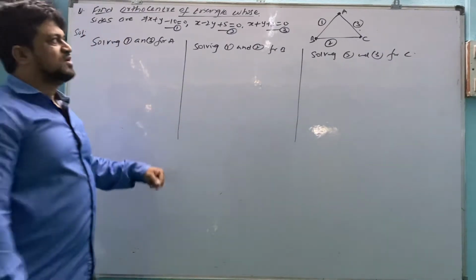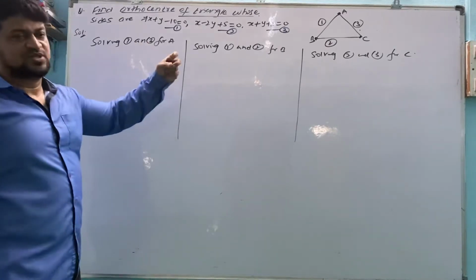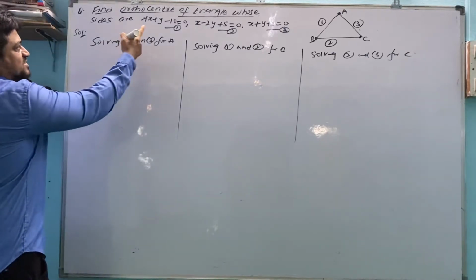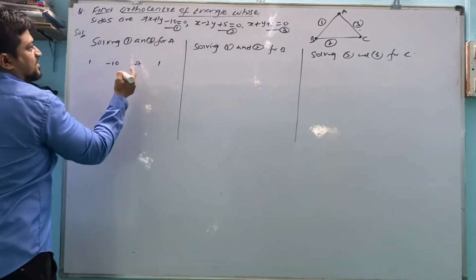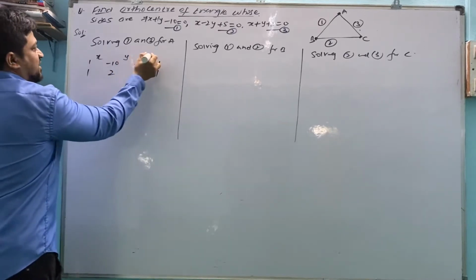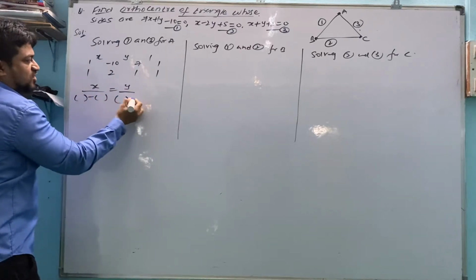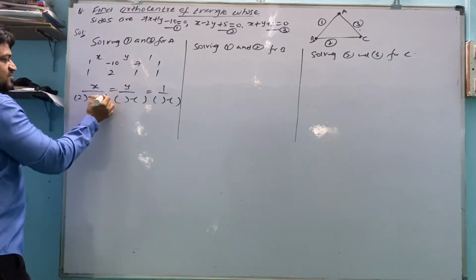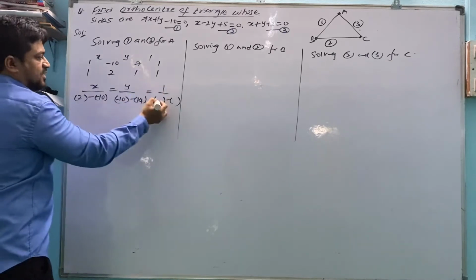What we can do is, to get AP and BC, we have the slope formula, short forms also, but we are using the same method, whatever we did in the previous problem. Solving 1 and 3 for A: second term, third term, first term, second term. Coefficients x, y, 1. X divided by AD minus BC. Better to consider brackets in order to avoid mistakes. 1 by AD minus BC. AD first, BC. From the top order you take AD, then BC from the bottom.